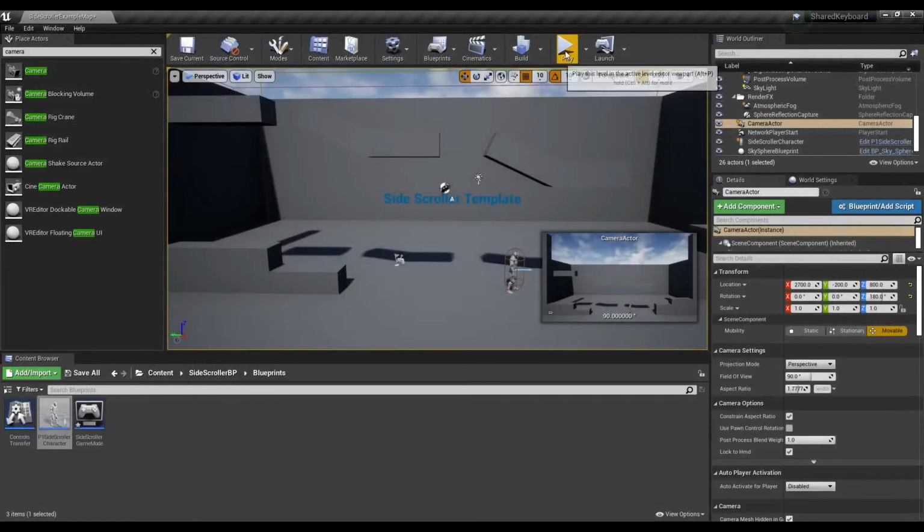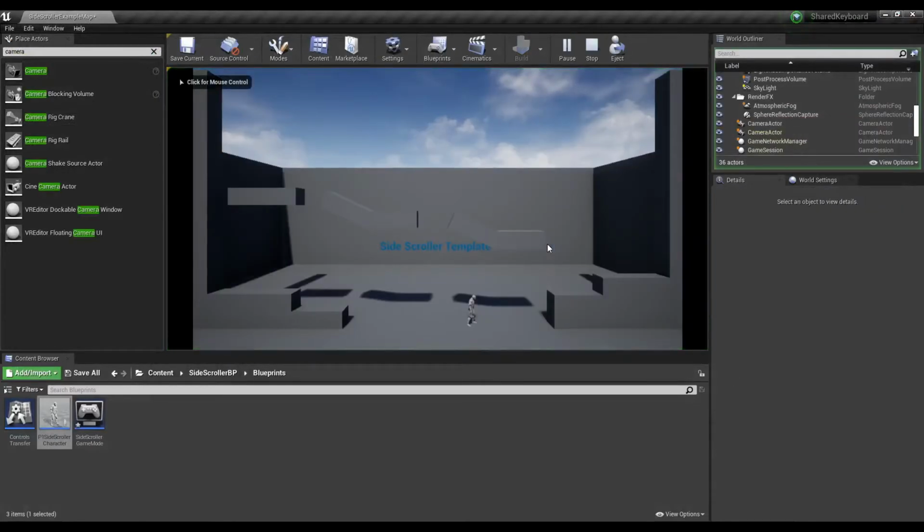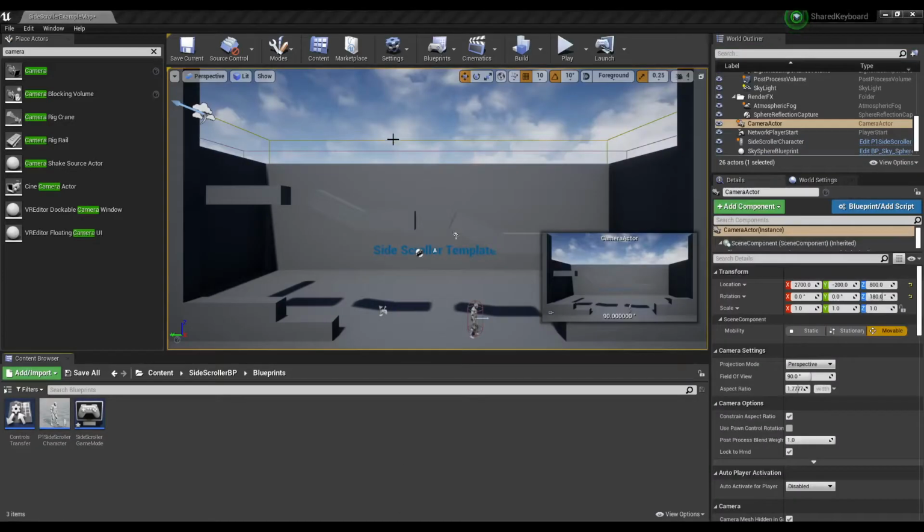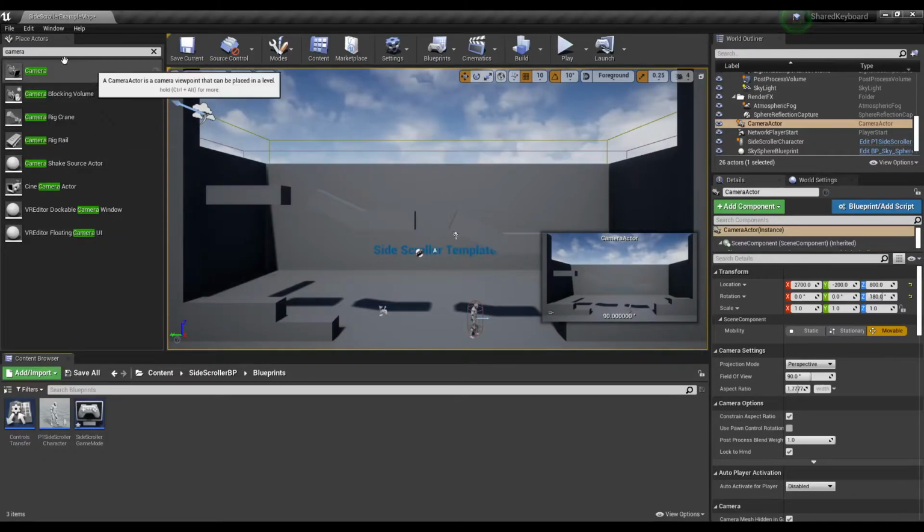And now we should be able to press play, see our view, and move our character around utilizing the arrow keys. Perfect, so now we've got a shared screen. Alright, so the next step is we have to actually set up our player 2. This is probably the most complicated part of this tutorial, but first off we're going to come into our place actors here,